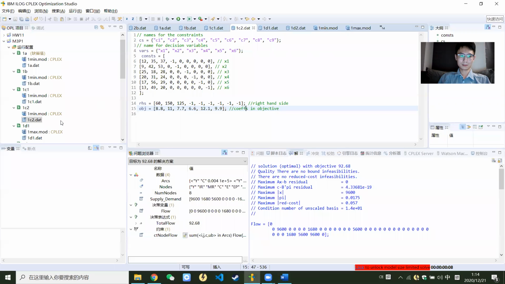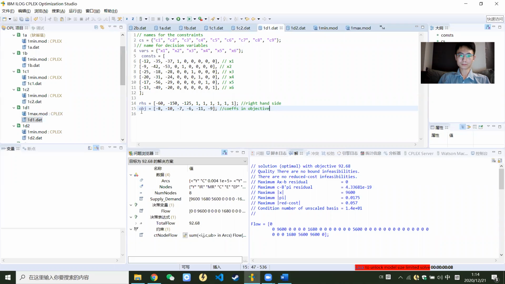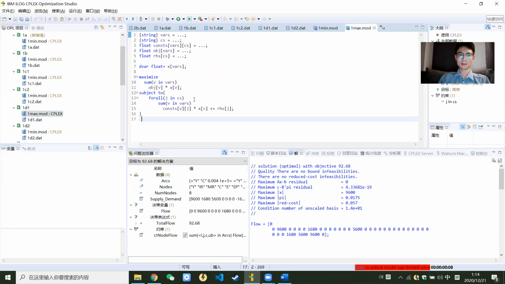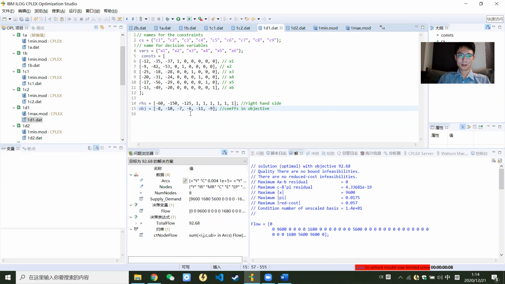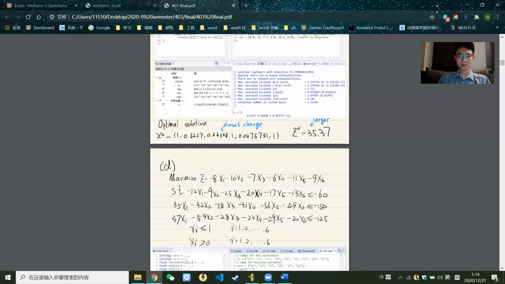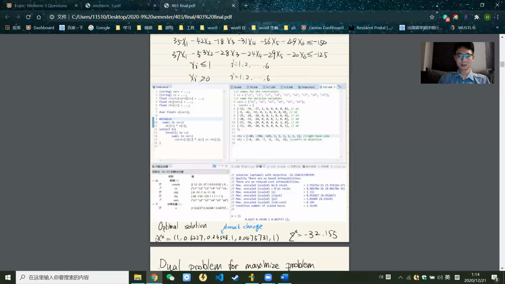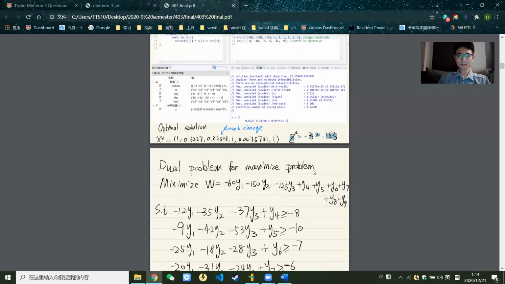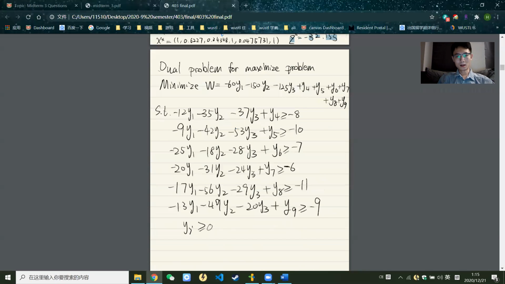So in here, I use a maximum mod file, and this makes the constraints smaller or equal than. And here is the implementation, and the answer is here. Basically, the same answer as the first question, but with a negative objective function. And then